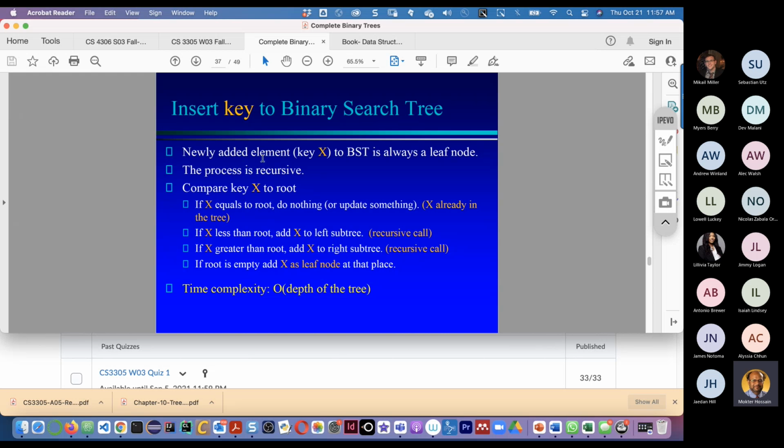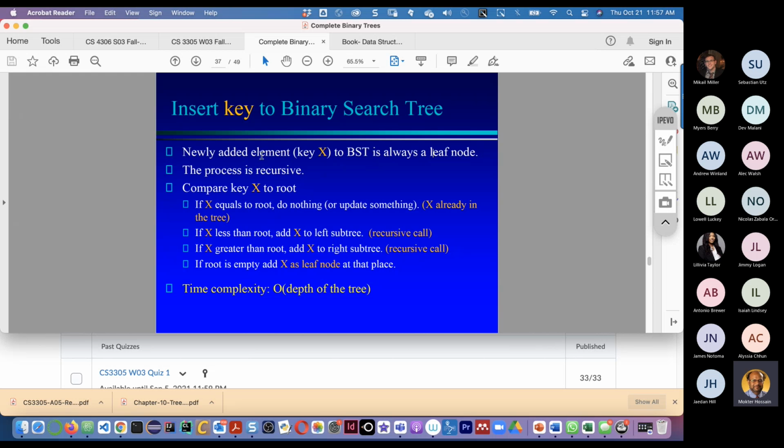For instance, the newly added element is key. A key added to a BST will always be a leaf node. It cannot be in the middle. It cannot switch any other node. It cannot push backward or forward an existing node. It will always take a new position.